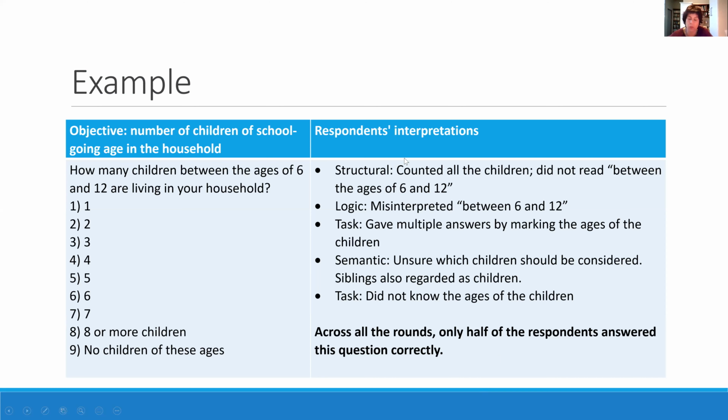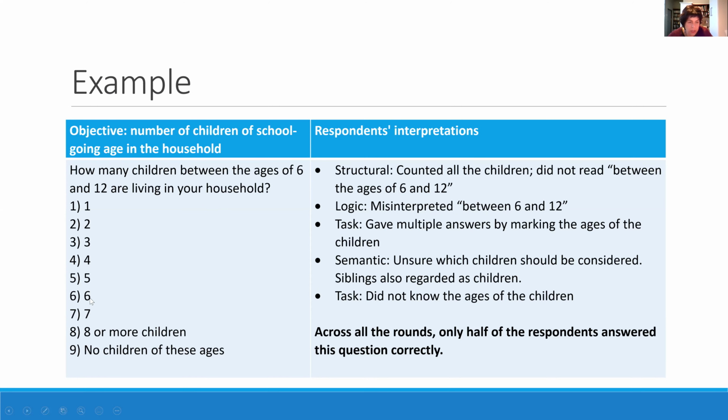Now, the types of problems that they experienced were structural. They counted all the children. They saw how many children, counted the number of children, not between the ages of 6 and 12. The logic they misinterpreted between 6 and 12. I mean, do you include 6? Do you exclude 6? What's going on? Sometimes they got confused and thought, oh, I don't have a child of 6 or I don't have a child of 12. They wanted to